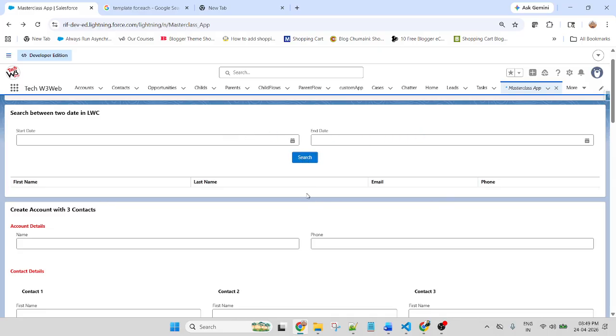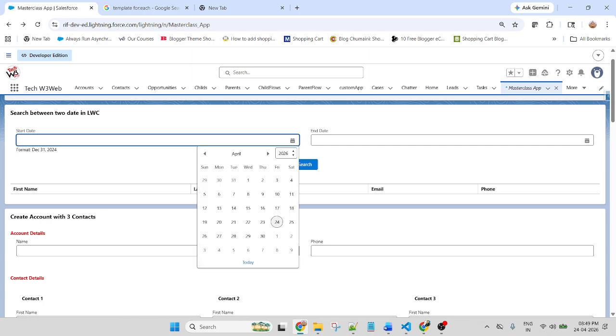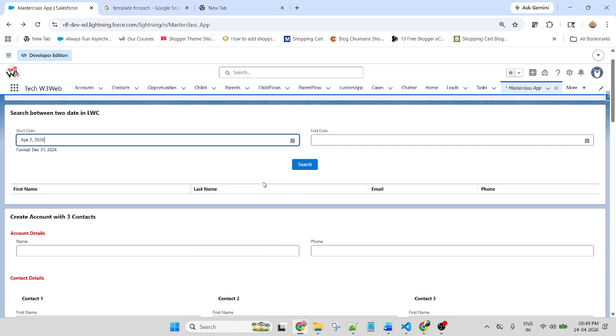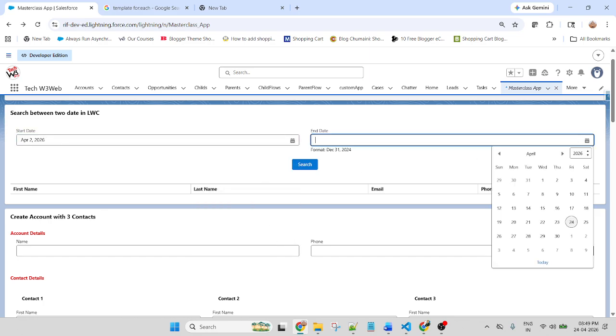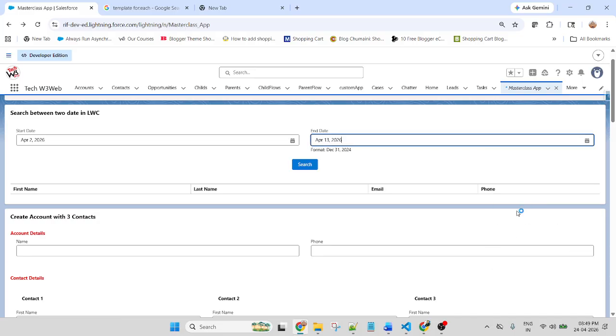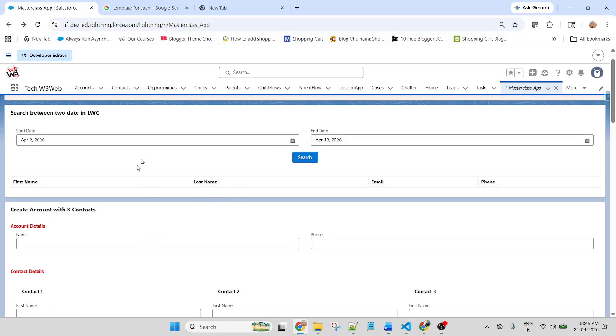This is a table where I want to display the list of contacts that I am fetching from the server. So now let me first select a date, select 2 April, and search up to 13. When I click on the button, the list of contact records between 2 April and 13 April displays in this table automatically. Now click on the button.